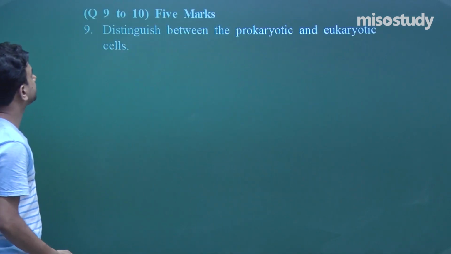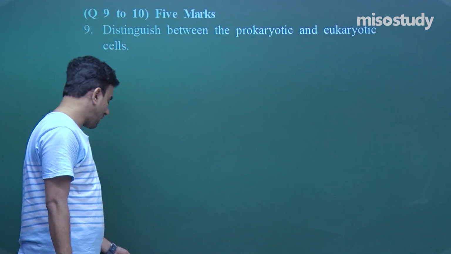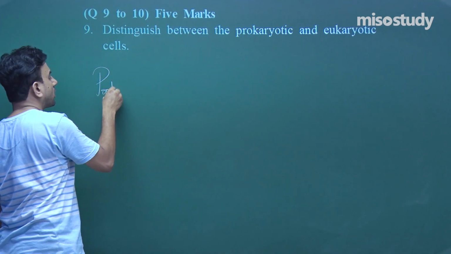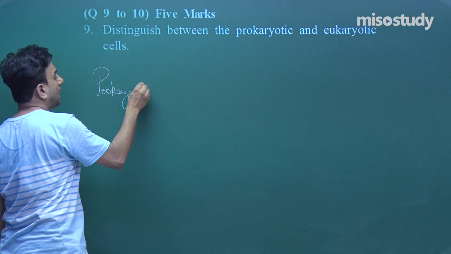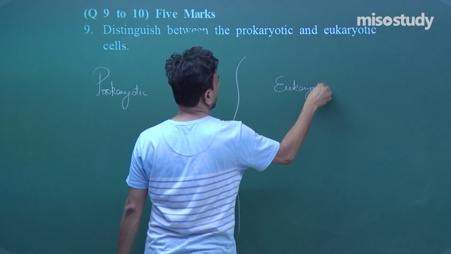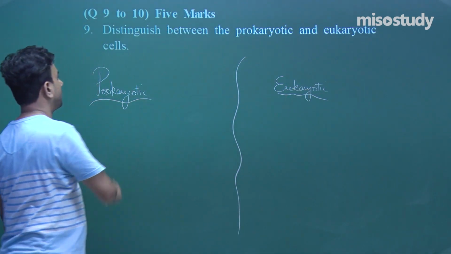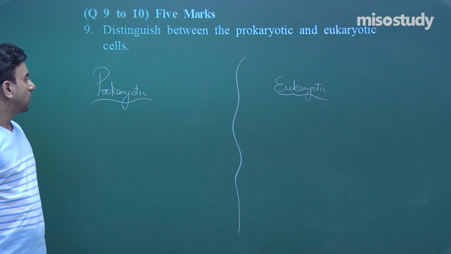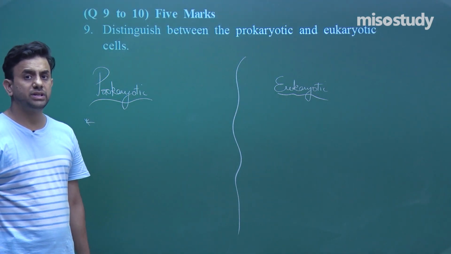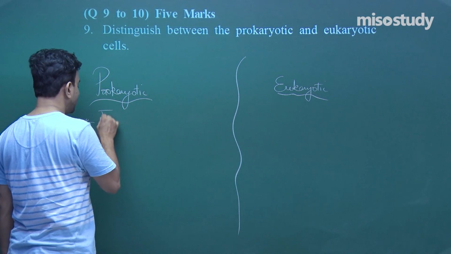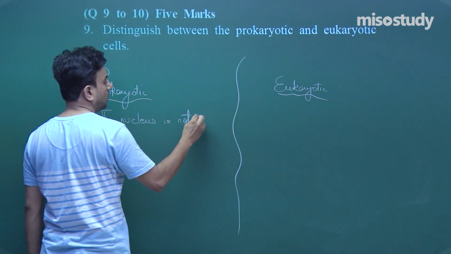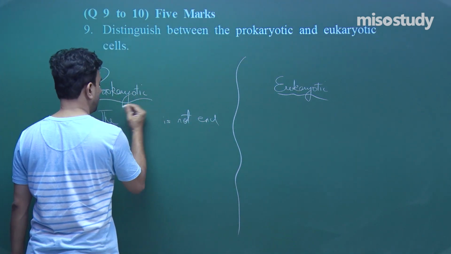Next, distinguish between the prokaryotic and the eukaryotic cells. Right. So, if this is the prokaryotic and this is the eukaryotic cells, what will we see? First of all, the prokaryotic cells are not going to have a nuclear membrane. The nuclear material is not enclosed